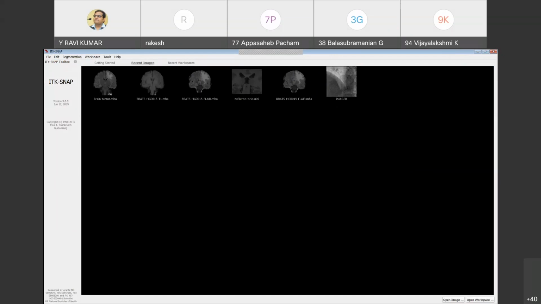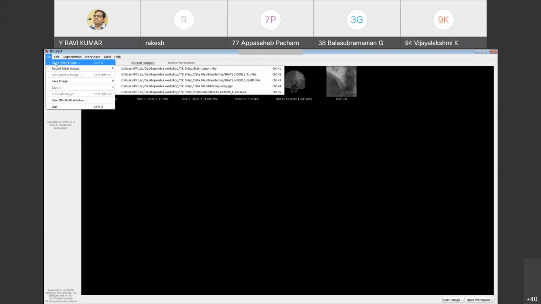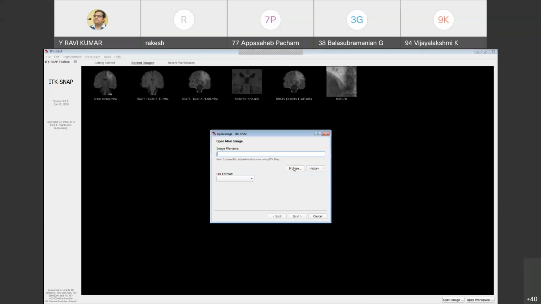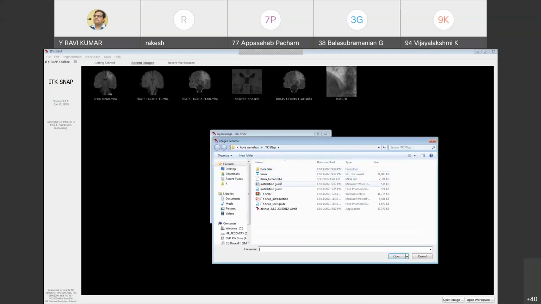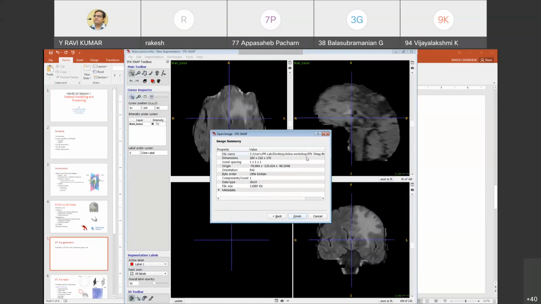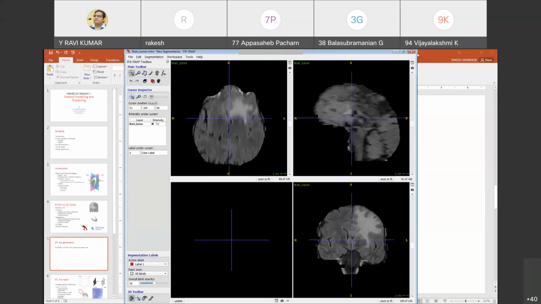Once this ITK SNAP file is open, the software will be visible like this. I already loaded the file. How you need to do it is click on file, open main image, then browse it, select that file, then open it. Click on finish.